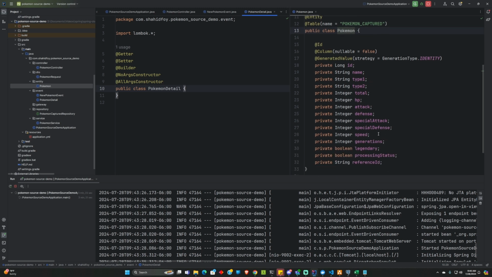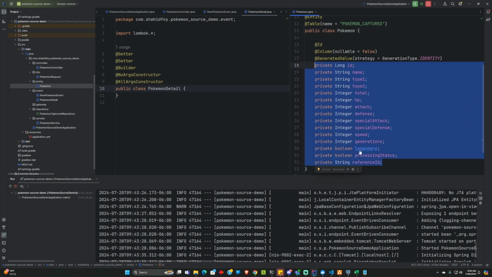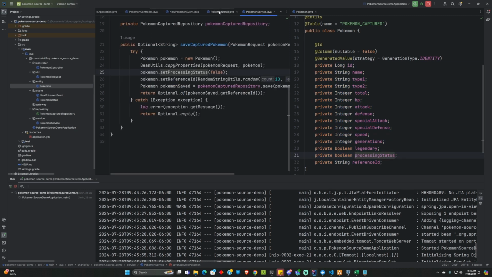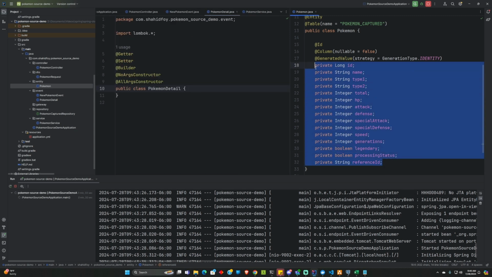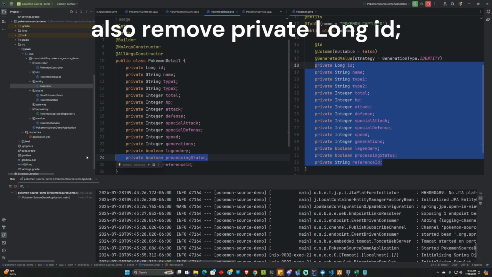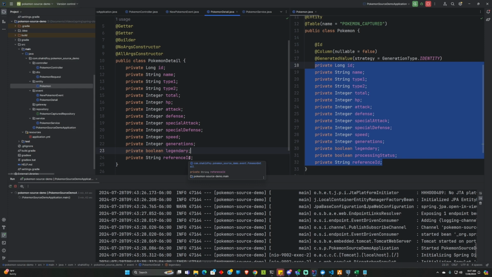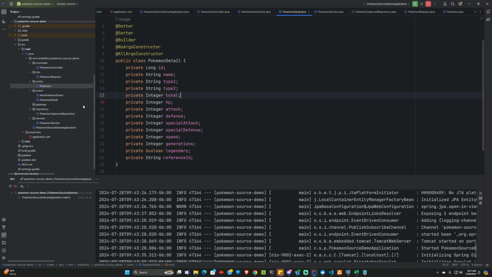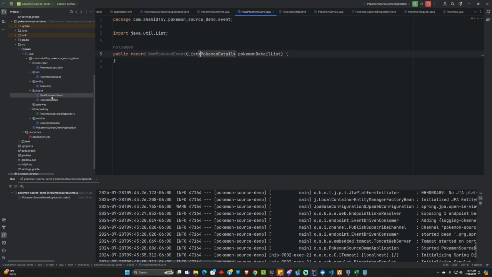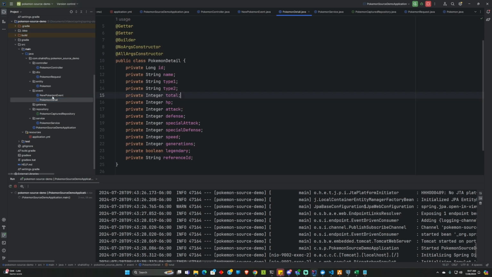But yeah, I'm going to copy all of this stuff, except we don't need the processing status. So we need everything except the processing status. So let's delete that. We're going to carry the reference ID so trainers will know if their Pokemon made it to the Pokebox or the daycare based off the reference ID. All right, so we got all the events set up, new Pokemon event, and we also got the Pokemon details